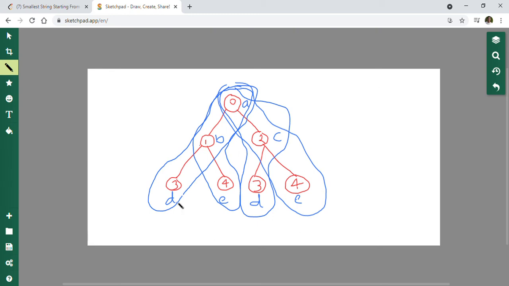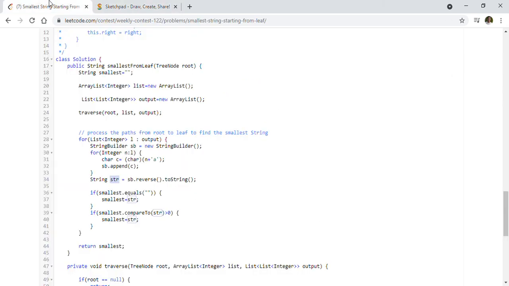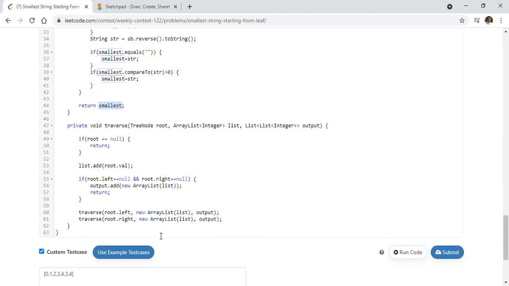For example, DBA is what we want to get, not ABD. I reverse the string, and I keep capturing the smallest value of the string that I encounter while processing the list of paths, and then return the smallest value.